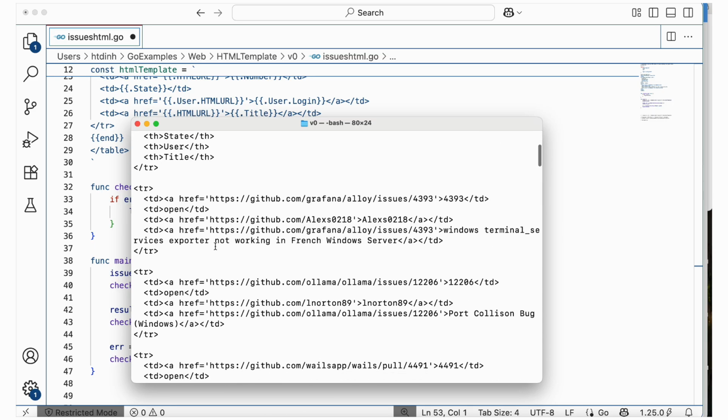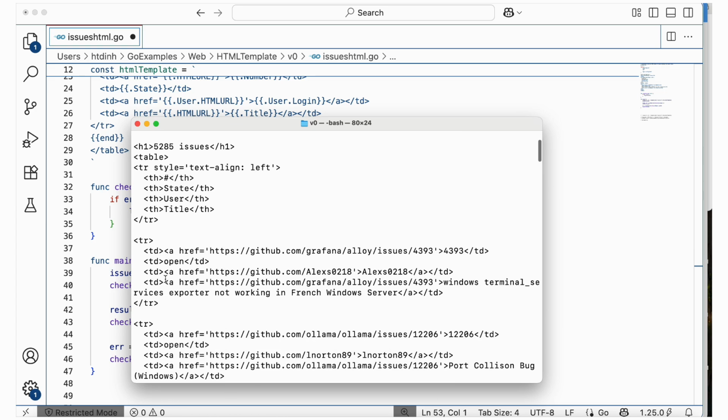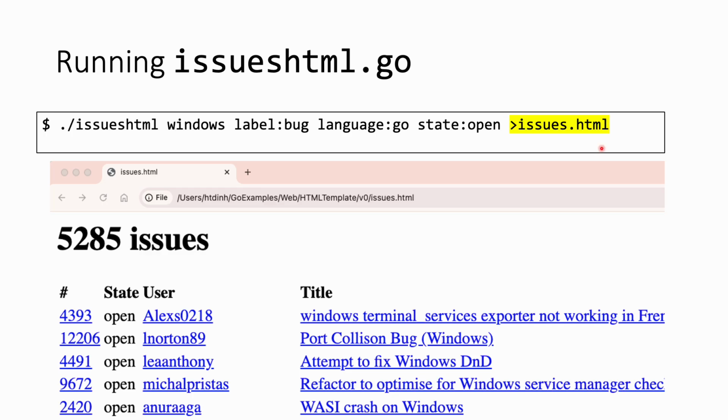Okay, so that is the code. It starts with the h1, and then it has the table, and in the table it has several rows. Each row corresponds to an issue. When running the issueshtml.go program on the command terminal by typing the list of shows terms after the program name